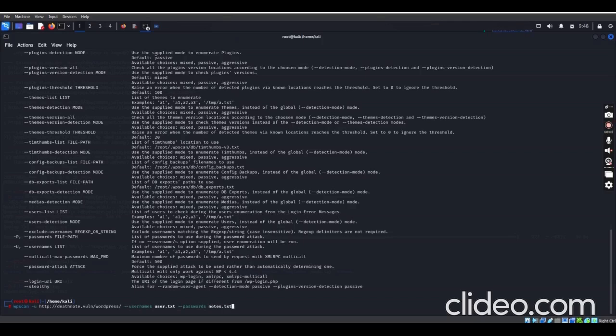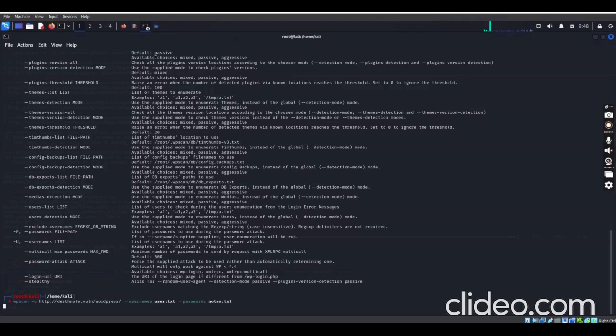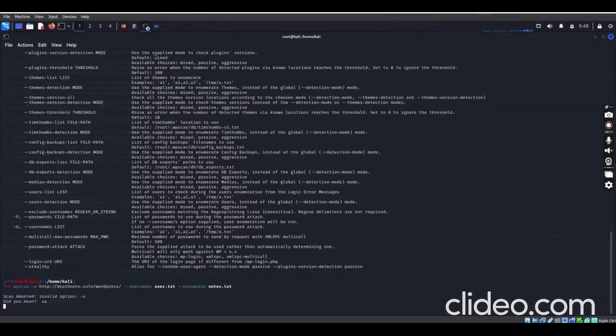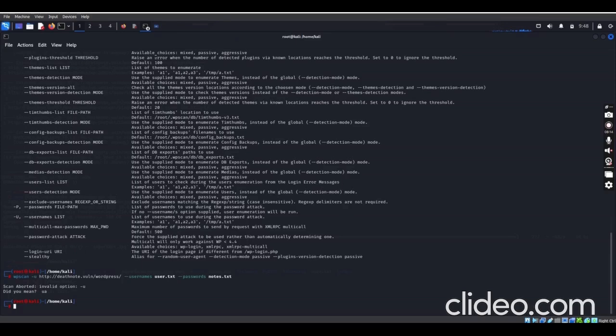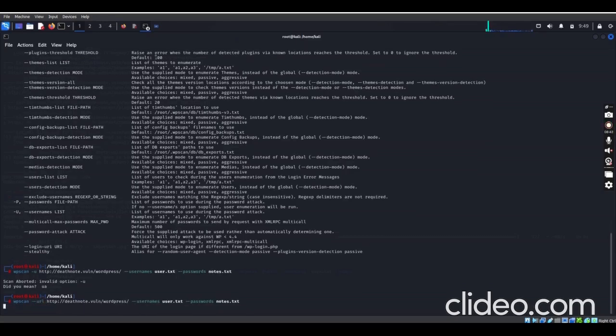So now let's run the command and see if we can get anything useful. Let's brute force it. This is an act of brute forcing the login itself. It's telling us there's a mistake here, which is supposed to be dash URL. So from here we can go back, and you can have it this way from here.